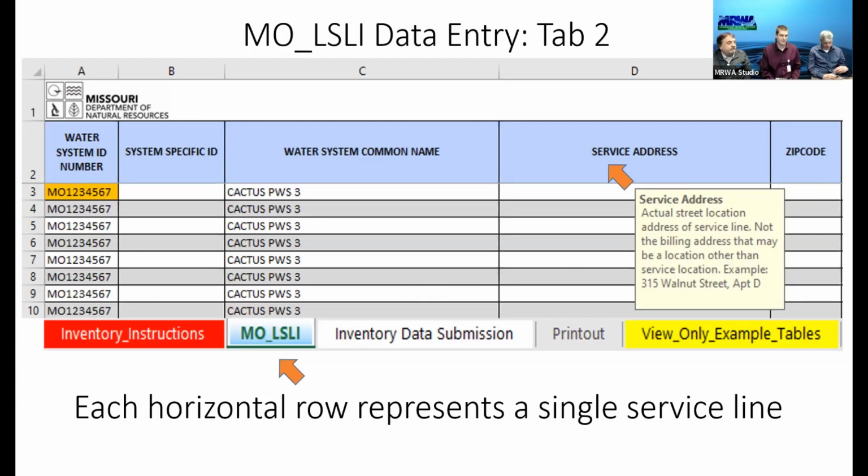Great question. Do supporting records, the paper trail, need to be submitted with the spreadsheet? How do districts handle the preservation of the supporting documentation? No, they don't have to submit that. We don't want to see that. We want to see the spreadsheet and that's it. You keep all those records on file in your water system.